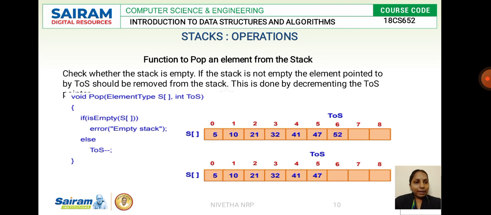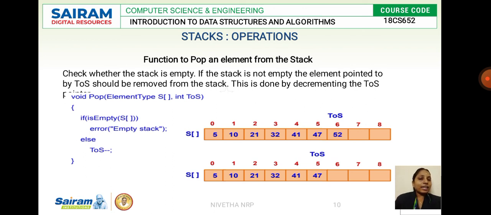For popping an element, what is the condition to be checked? We will be checking the underflow condition. What is underflow? You will be checking whether there is an element in the stack. If there is no element in the stack, you will not be able to delete an element. There should be an element in the stack to delete. So you are checking the underflow condition. What is the operation you are performing here? Pop is the operation, and we are going to perform that on the stack. And as usual, we have TOS, which is of integer type. Then you are checking whether it is empty or not. If it is empty, you cannot delete an element, so it gives you the error message, empty stack. Else, you will be deleting an element.